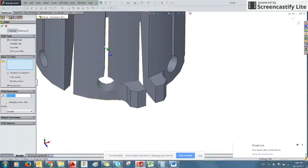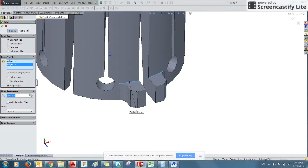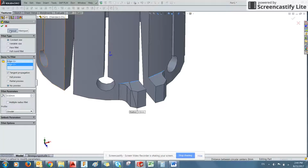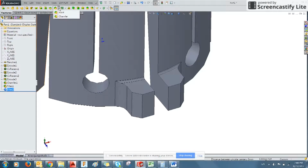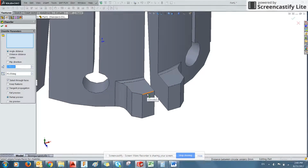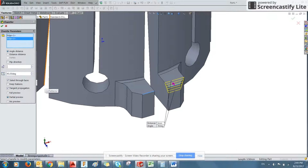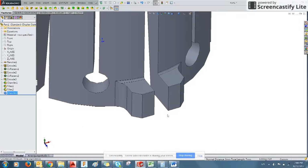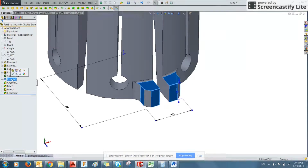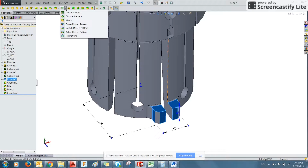So we can do the same. We'll use the fillet tool. And fillet those two surfaces with 0.5mm radius. There it goes. And then we can also use the chamfer tool to break these edges. We're going to use 0.1mm. So it's just a broken edge, it's not a feature. There you go. Now your feature, your Extrude 3, has been fully created,